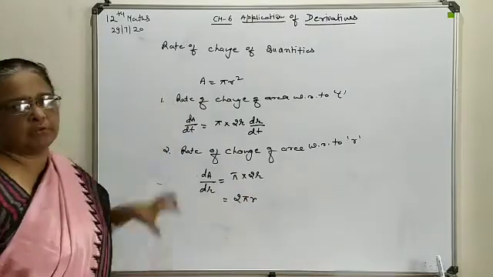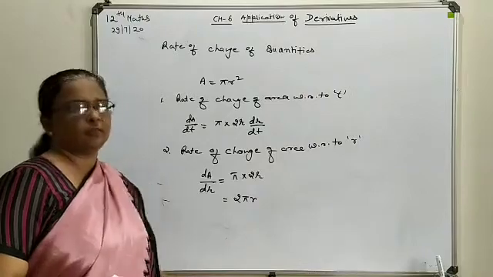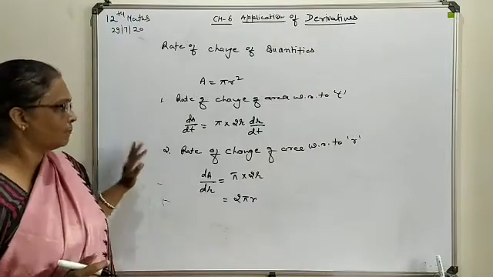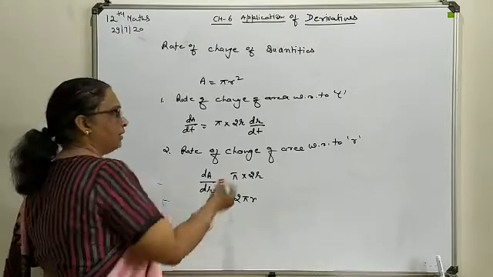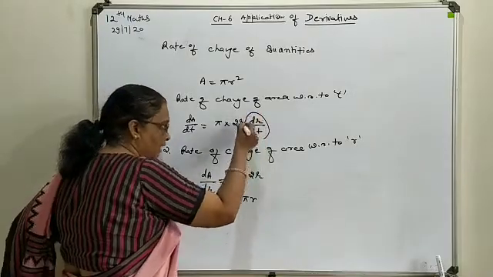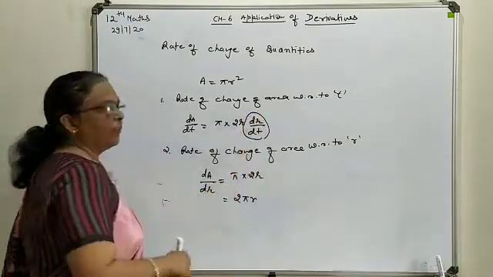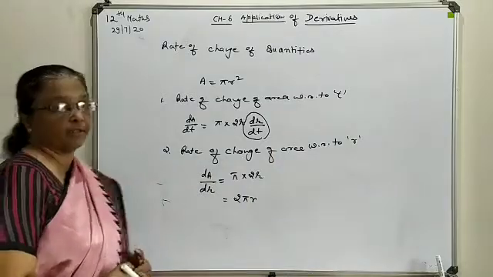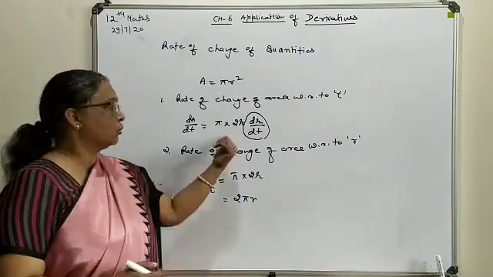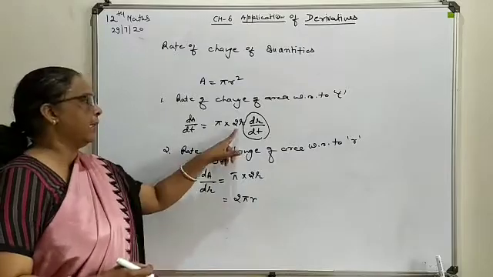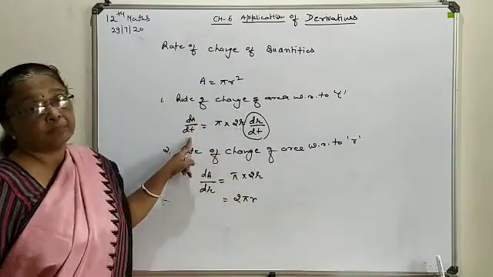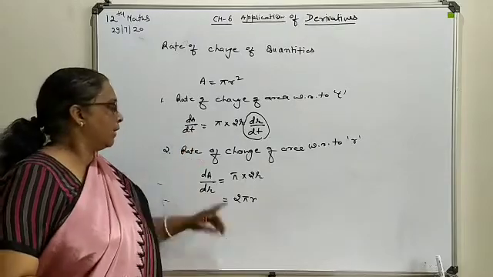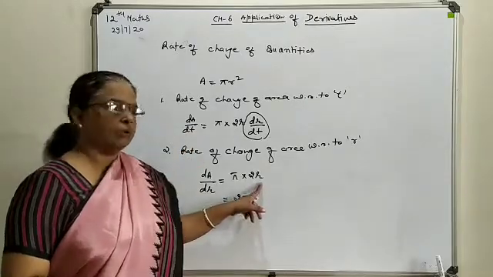So with respect to which quantity we are going to differentiate is an important task. You can see in both cases one change: the dr by dt quantity. In some questions the rate of change of radius will be available to you, so you write it over here, and for that particular r value you will evaluate the change in the area. Here only r will be available to you.